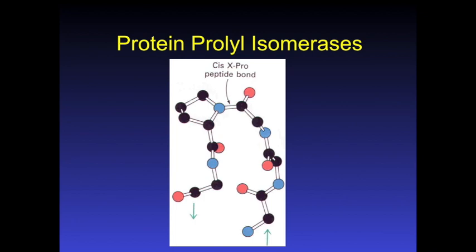The nitrogen to the carbon we write formally as a single bond, right? And then the carbon to that red oxygen, we write formally as a double bond, a carbonyl. But remember what happens in a peptide bond? We have resonance. And so the blue nitrogen to the black carbon usually has partial double bond character